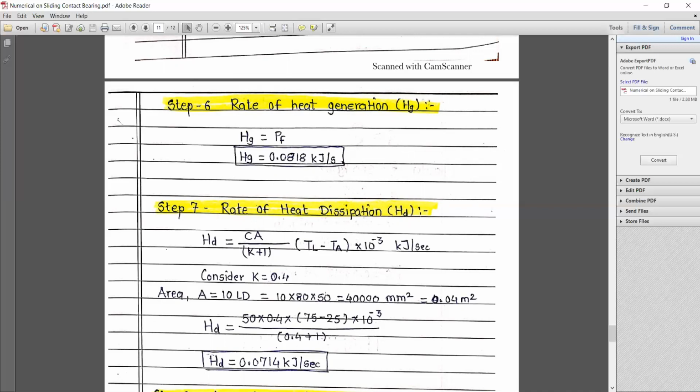So what we get is a value of 0.04 meter square. Putting all the values, we get Hd is equal to 0.0714 kilojoule per second. So if you compare both values, heat generated is 0.0818 and heat dissipated is